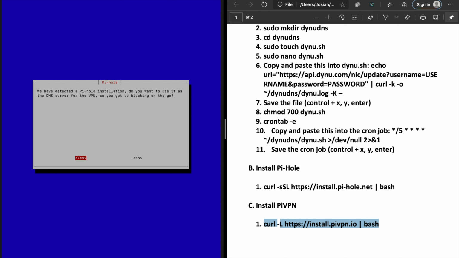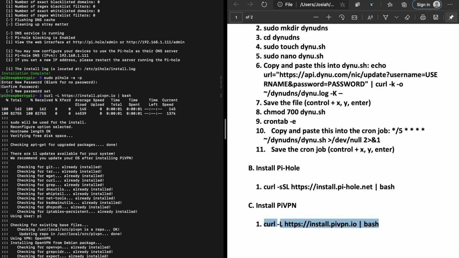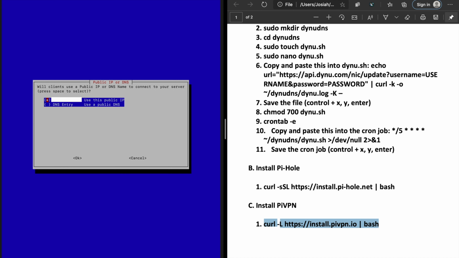We'll just hit yes. And see, it has detected a Pi-hole installation. Do you want to use it as the DNS server for the VPN so you get ad blocking on the go? Yes, we do. It's going to install some stuff, and then it's going to get to this page. And this is where that dynamic DNS we set up comes into play. We're going to press the down arrow, enter, to select DNS entry. We're going to press enter,